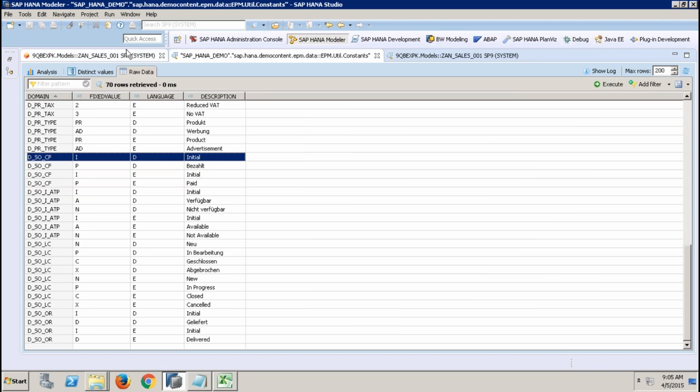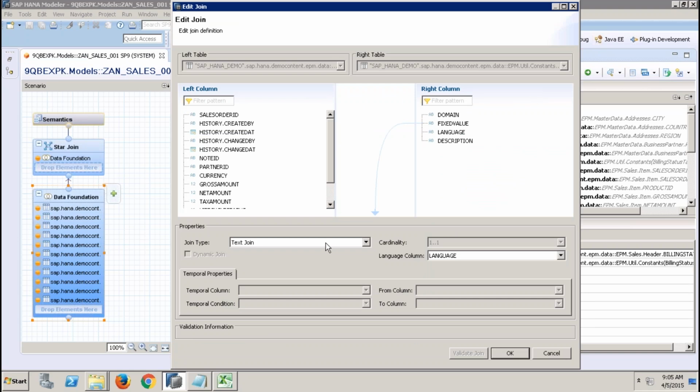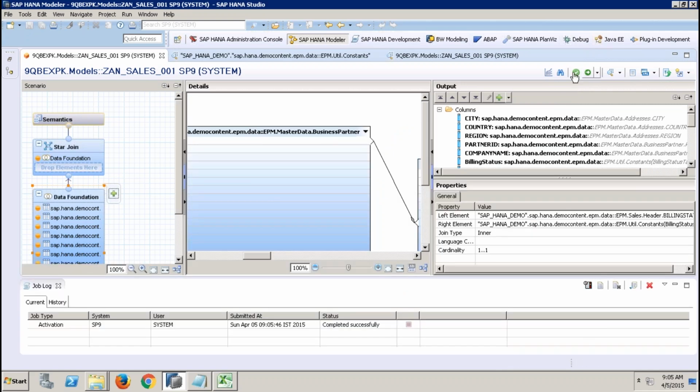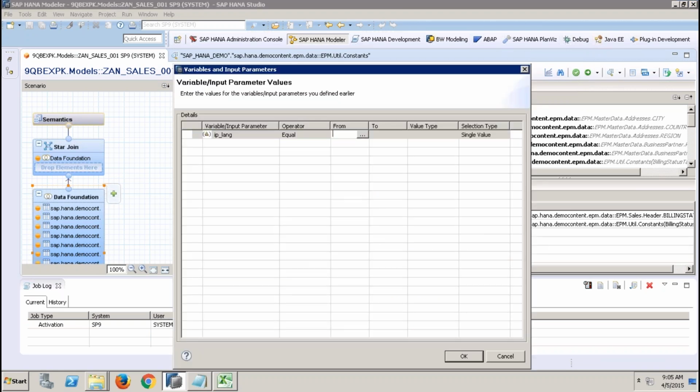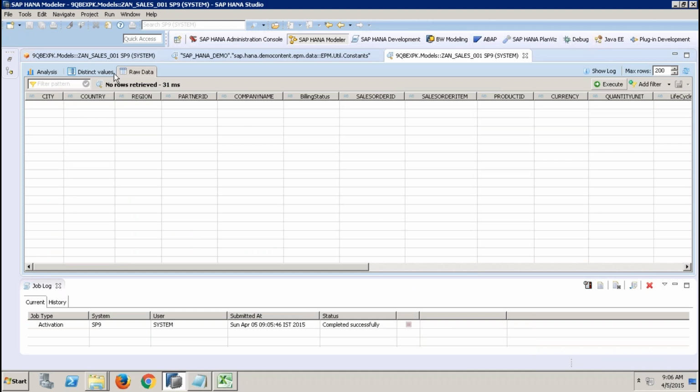Yeah, I know why it is happening, because we also have the text join. No, remove the text join. Make it a normal inner join. Since I'm applying the filter on the language, I don't need the text join. So again, a normal join would be fine. If I give it as D, then I should see the filter applied on D, and you should see the billing status as